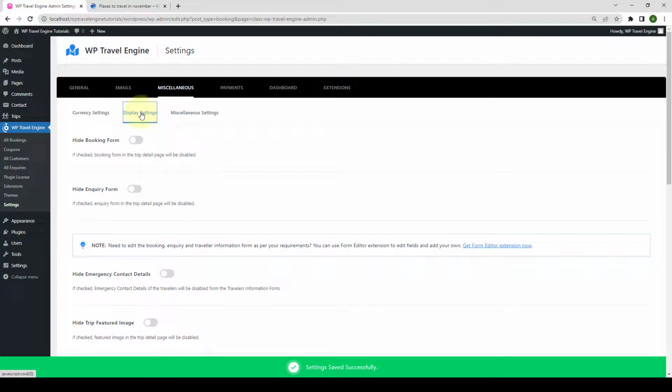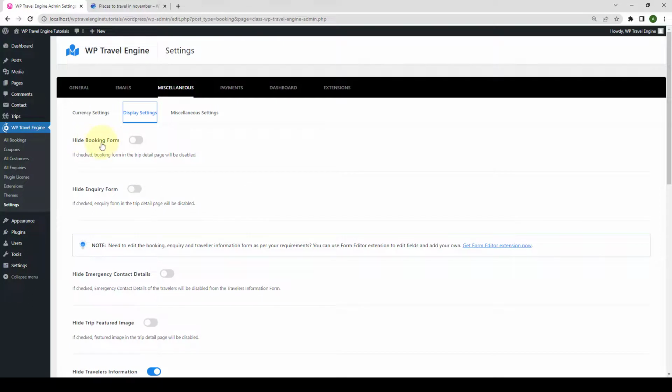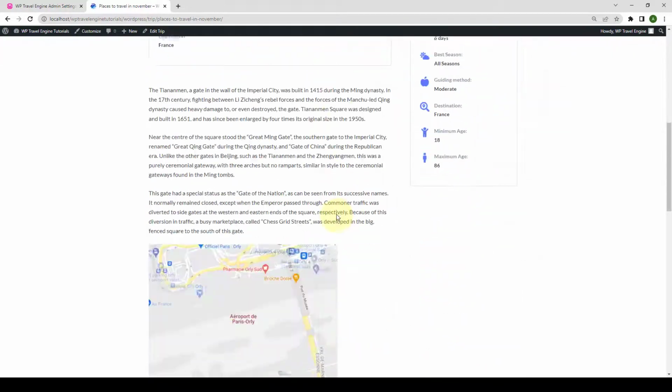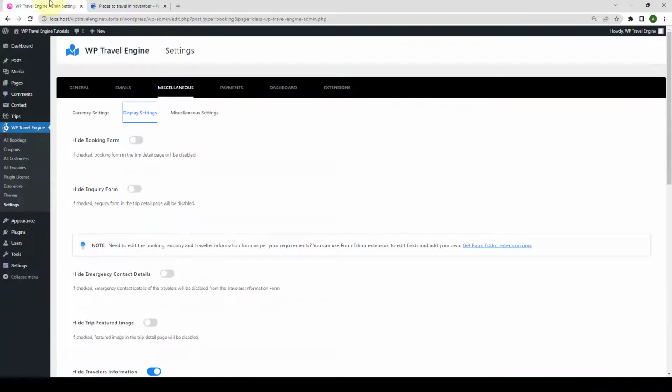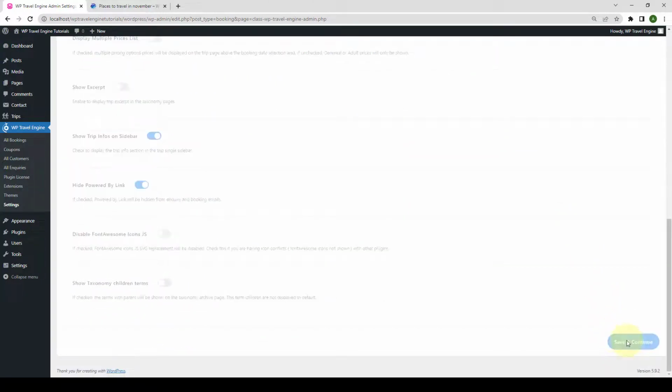Then we have the display settings. You can configure various display settings from here. First two are Hide Booking Form and Hide Inquiry Form. If you go to your front end and open any one of the trips, this is the booking form and this is the inquiry form. From the display settings, if you choose to enable to hide both forms and click on Save and Continue,